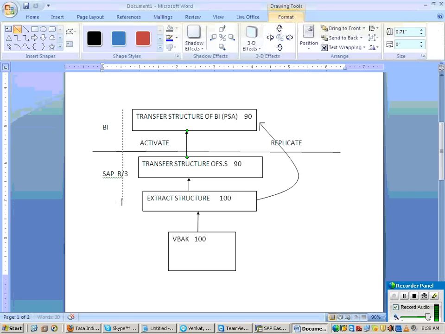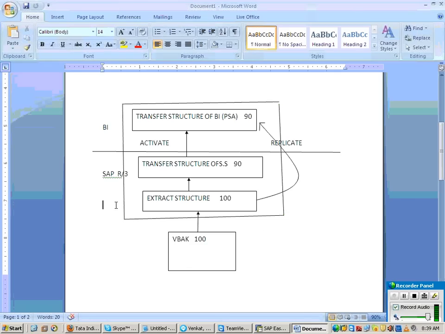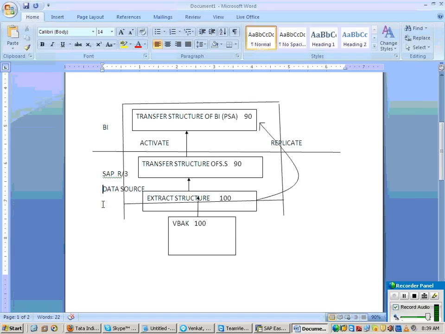Together, all these three are nothing but your data source. So when you start extracting the data from R3, all these structures together are called your data source.